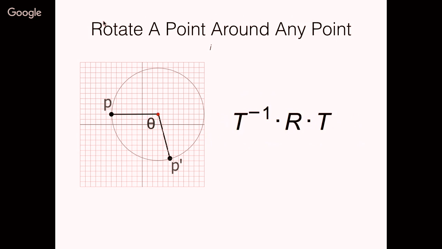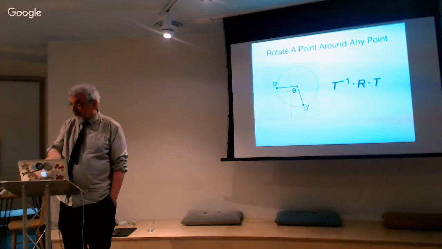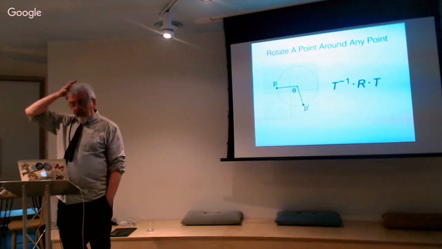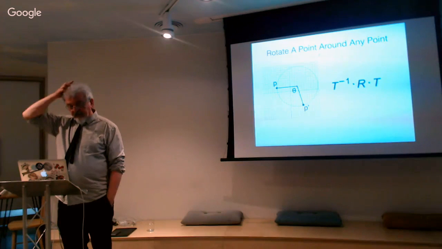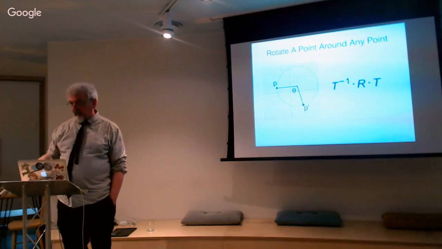So we've got this point on the left-hand side of the screen, and we want to rotate it by, I suppose that's about 75 degrees. Theta is 75, to a new point down there. But the origin, or the center that we're rotating around, is not the origin of the coordinate system. It's somewhere else. What do you do? And the answer is this thing on the right.